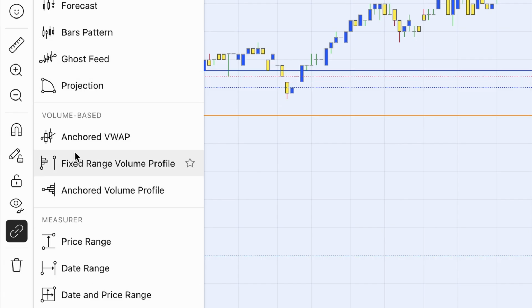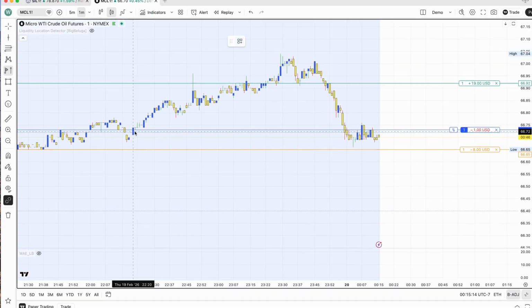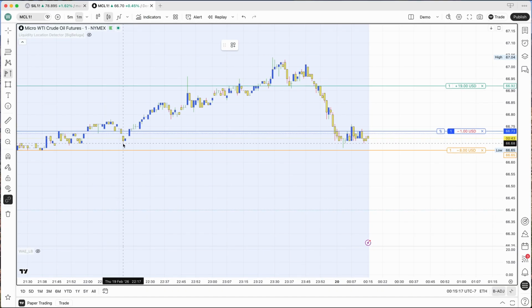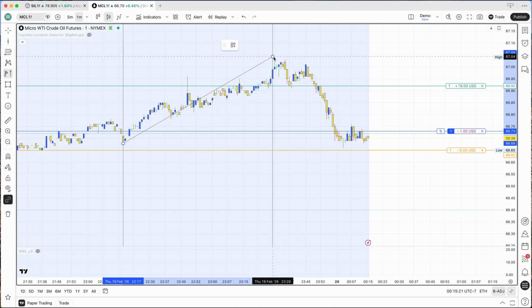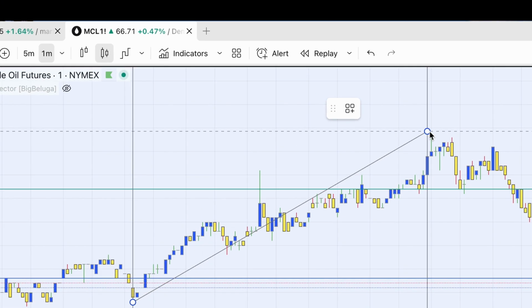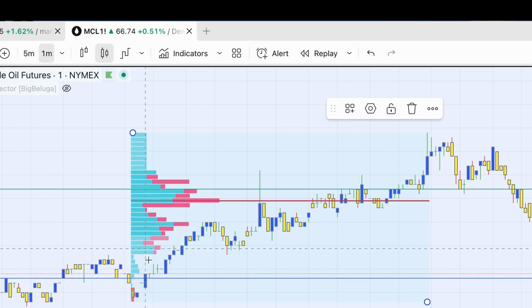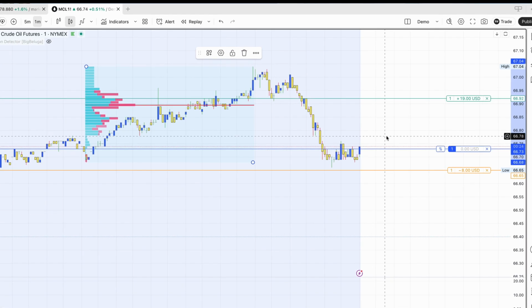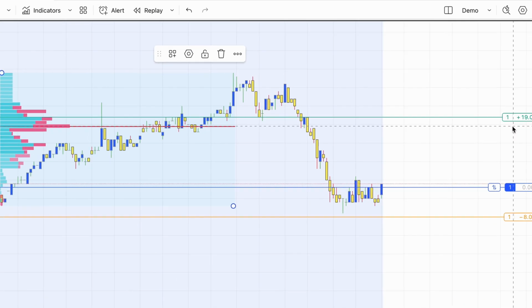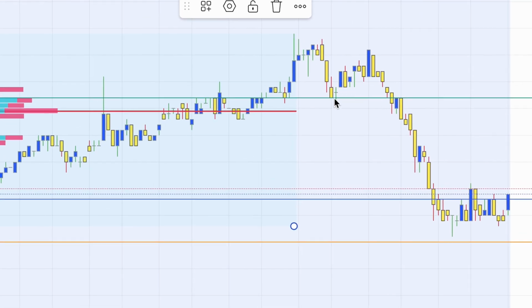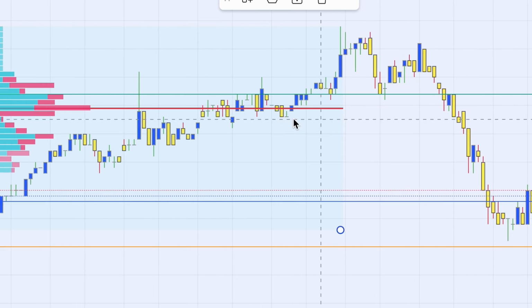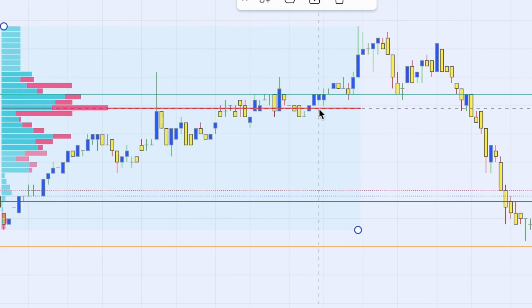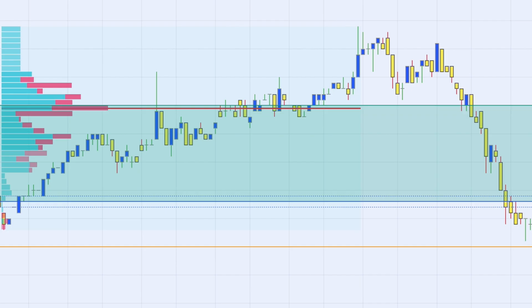Another one that I will use on a regular basis is the fixed range volume profile. So I can click on a price point in the past, and then click on a price point at another time, and it will give me a volume profile. It's something you probably should do. Go look at volume profile. They can be helpful. So look, we set up that trade a minute ago, and I said, okay, I think the price might come back up to that previous pullback. I put on a volume profile, and I am not very far off from where the largest volume for that period of time